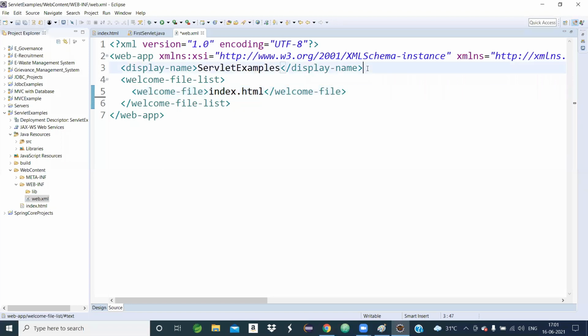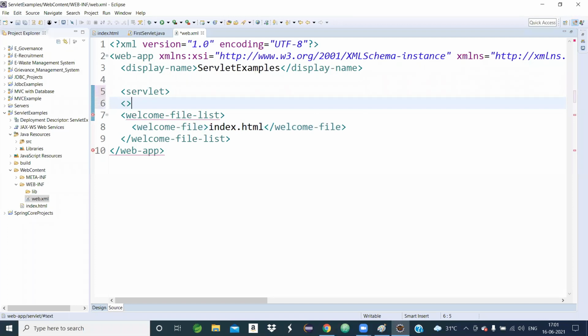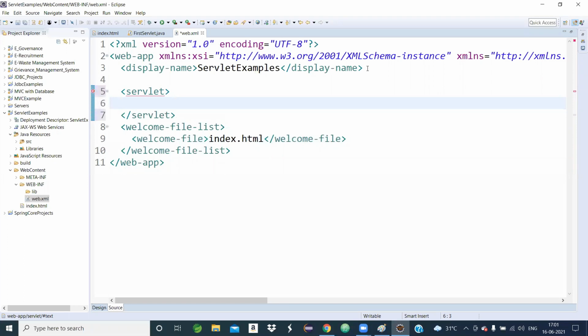Just before the welcome file, you will add some very important points. First I will add the servlet begin tag and servlet end tag. So what will I write? First I will give the servlet name.